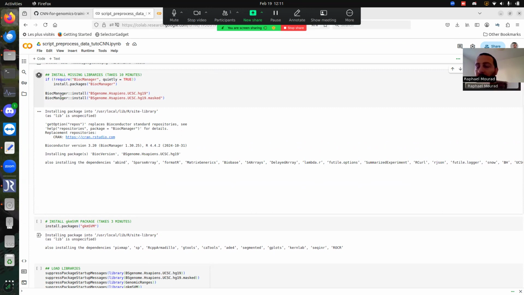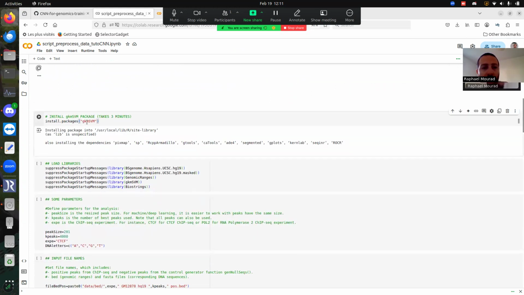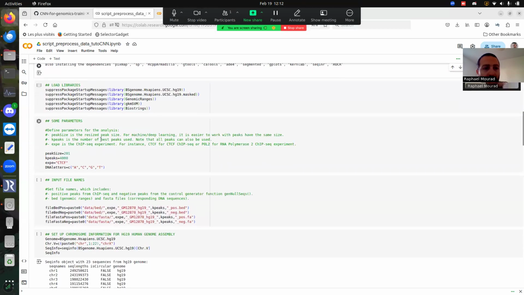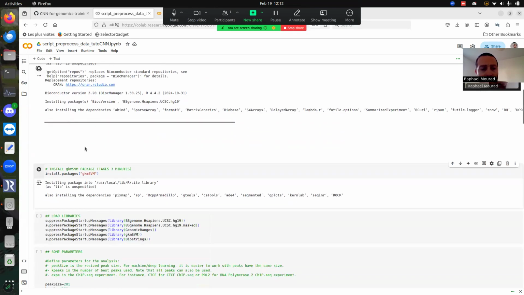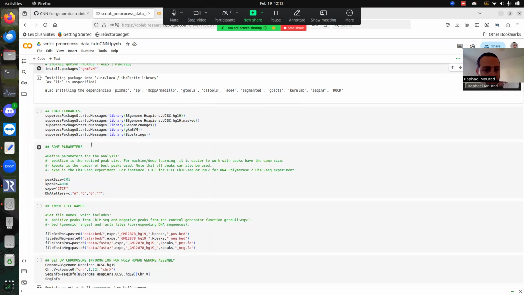That's why R is not very convenient, because for Python, many packages are available. So it's quite quick to run Python notebooks in Google Colab. But for R, it's a little less convenient. Then after, we'll have the gkmSVM R package to install, which is quite quick. Also, there are many dependencies. And then once all these R packages are installed, we'll be able to run the